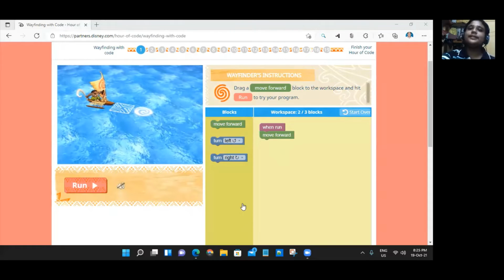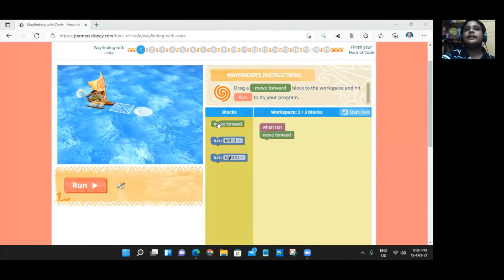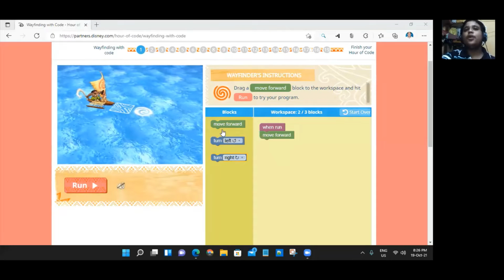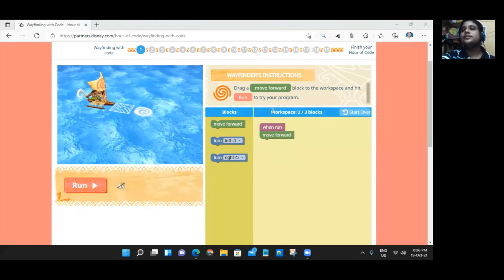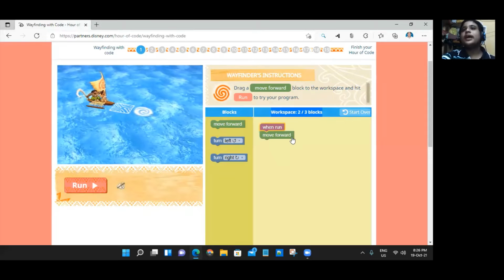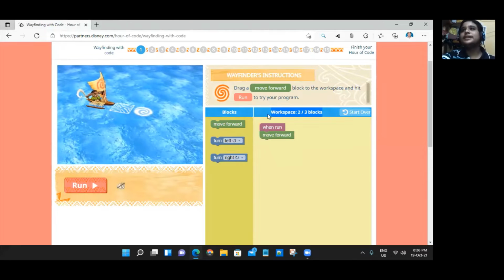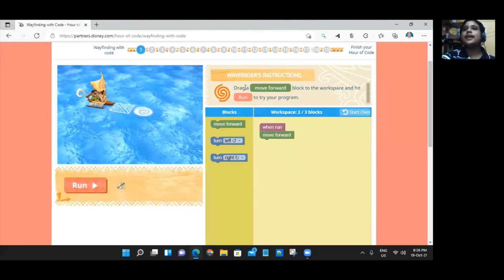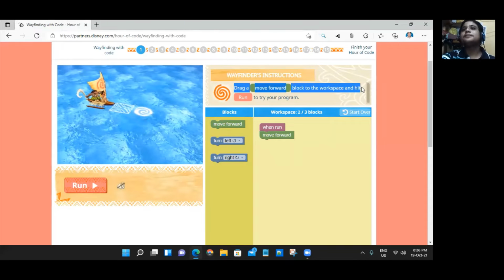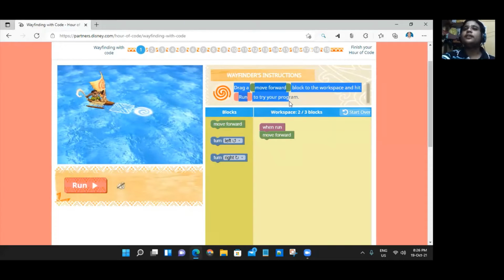This area is the block area, and this is a block element, and this is the workspace area. Drag a move forward block into the white space, and hit run to try your program.